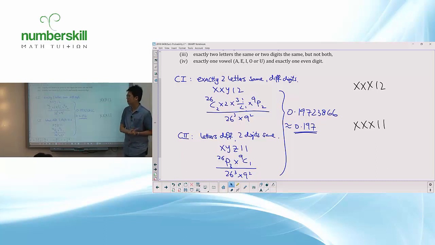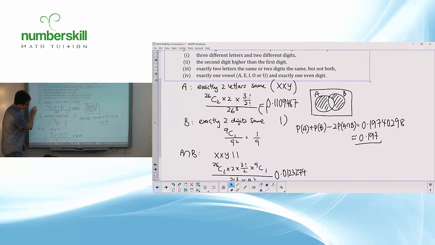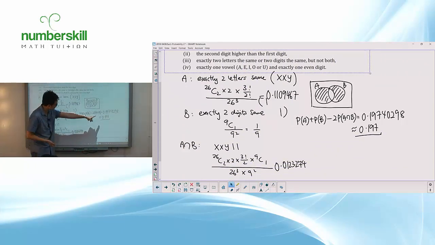The thing about this you probably want to know is that some school teachers added this in as part of the solution. Some school teachers don't, because the answer is like that. It turns out that the probability is so small, it doesn't affect the 3SF. But we know that we need to, because we have another method. And the answer is, well, of course the same, but if you pay attention,